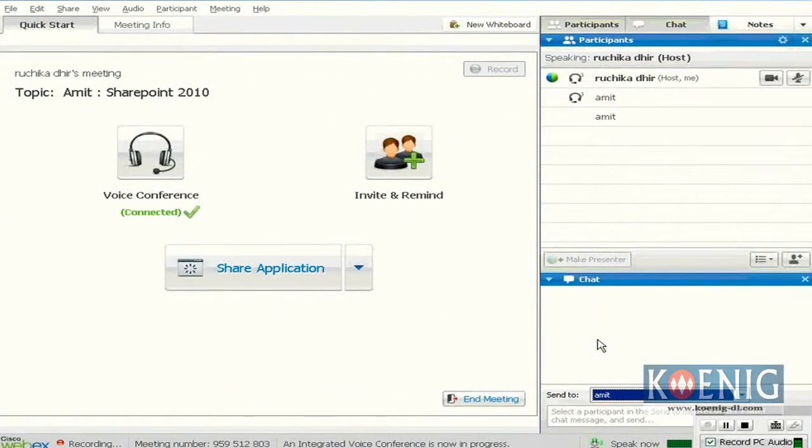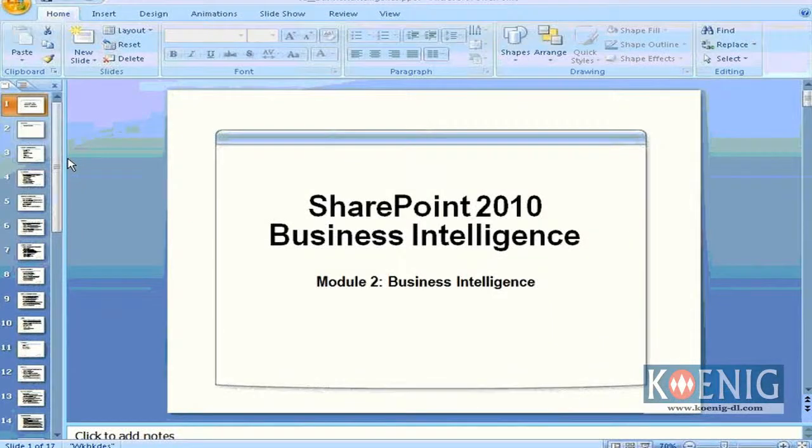Today we mainly have to focus on what exactly business intelligence is, and how it is integrated with your SharePoint server. Then we will take a look at the data warehouse, data mart, and analysis services. Actually, module 1 is only an overview. Overview means information about your course materials. If you want, I can show you.